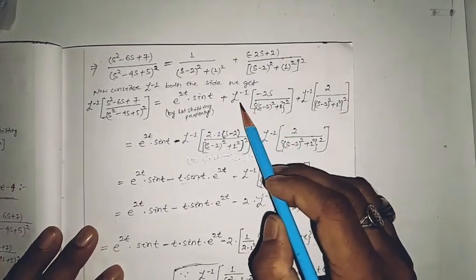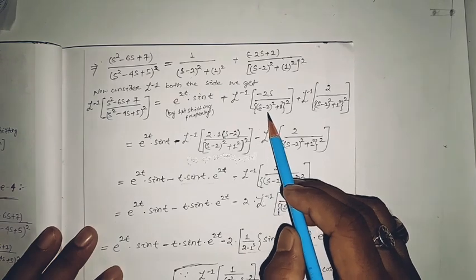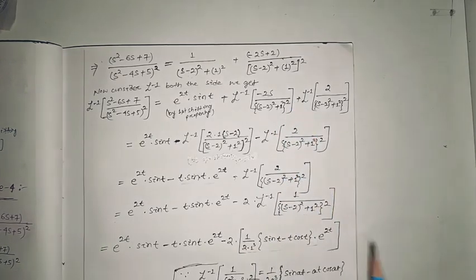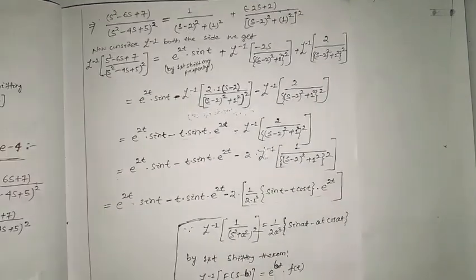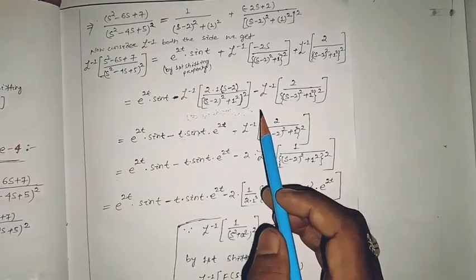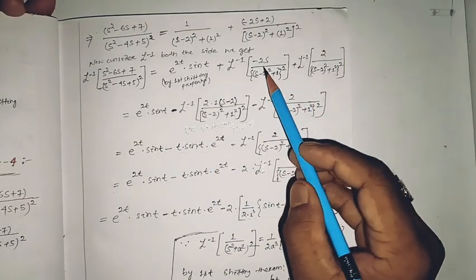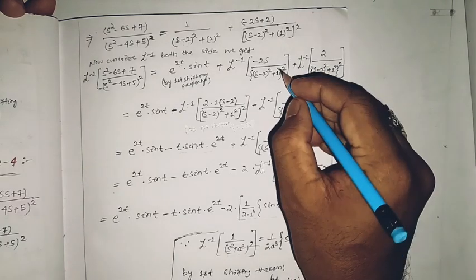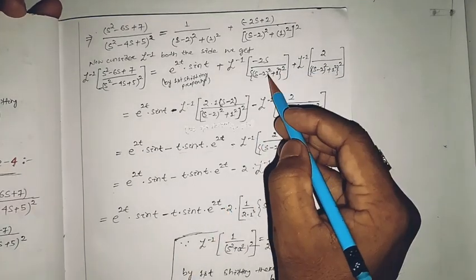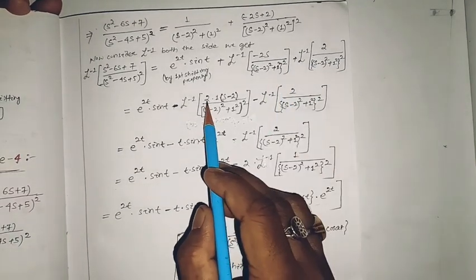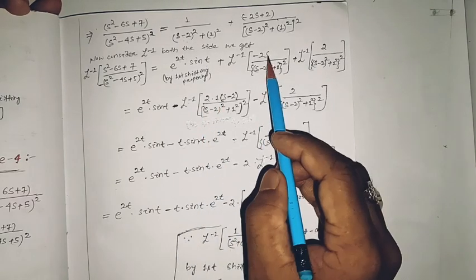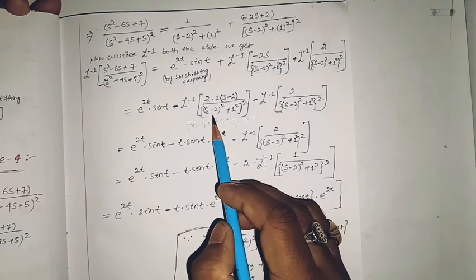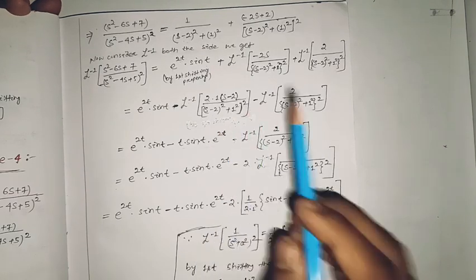Now, the inverse Laplace transform of minus 2s by (s minus 2) whole square plus 1 square, whole square. Okay, so what will be its value? Here you can see it is in the form of minus 2s by (s minus 2) whole square plus 1 square, whole square. I just modified this one as 2 into 1. Instead of s, I have written (s minus 2) by (s minus 2) square plus 1 square, whole square. And if I modify s as s minus 2,